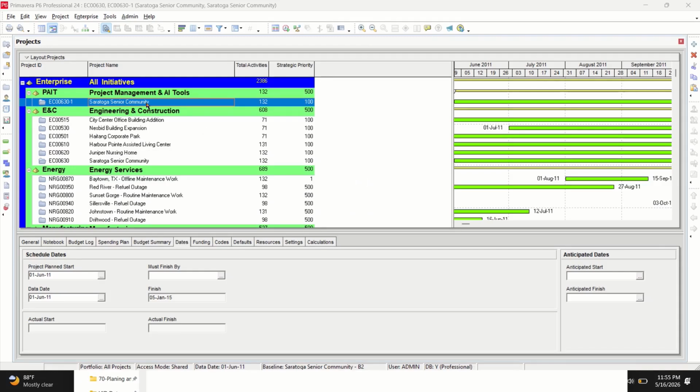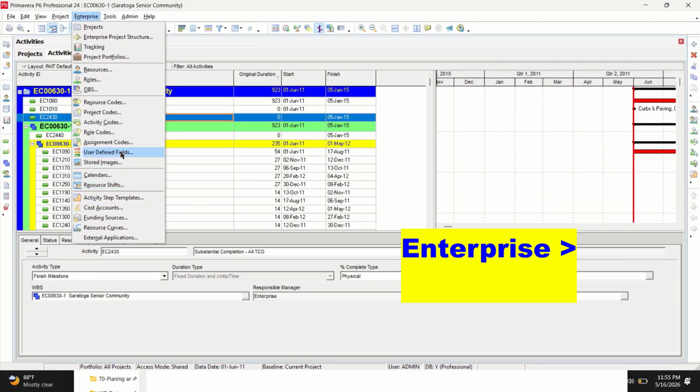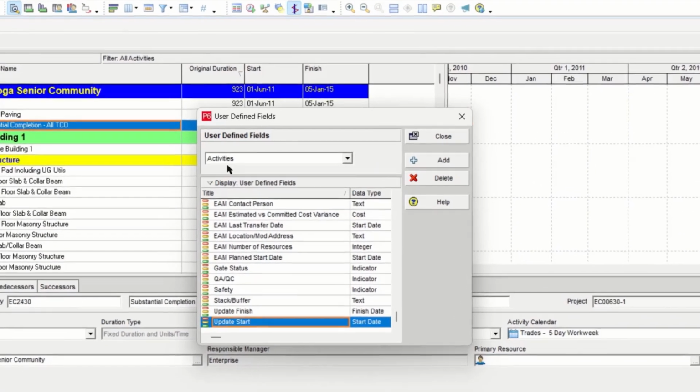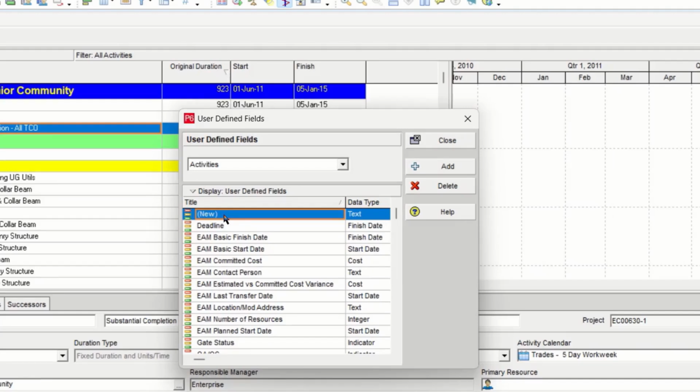What if you want to show two or more than two languages at the same time? Go to Enterprise and user defined field. Let's say we add an activity name in French.